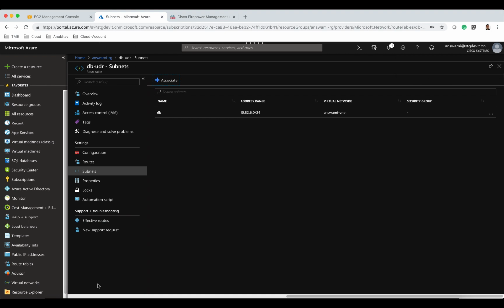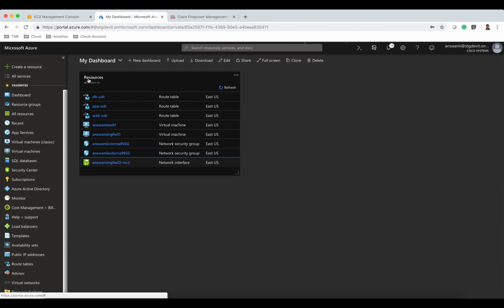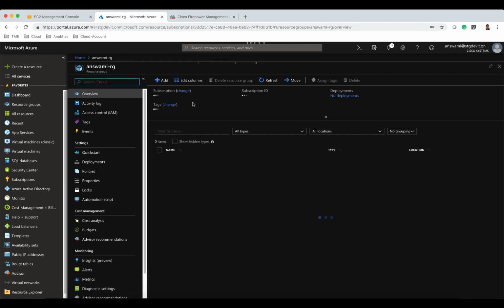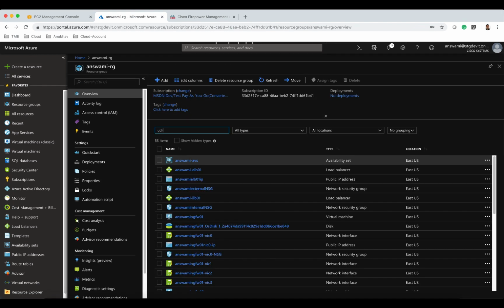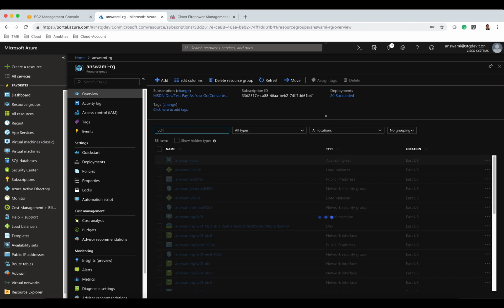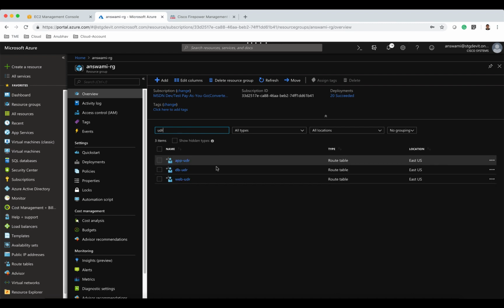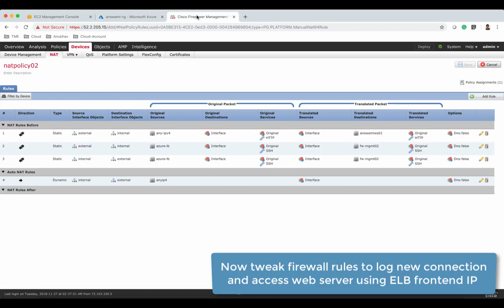But before that, let me tell you again. Route tables are in place, firewalls are in place, our access control policy, NAT, route, everything is configured on all the devices. So everything seems to be correctly configured till this particular point. Now let's tweak the firewall